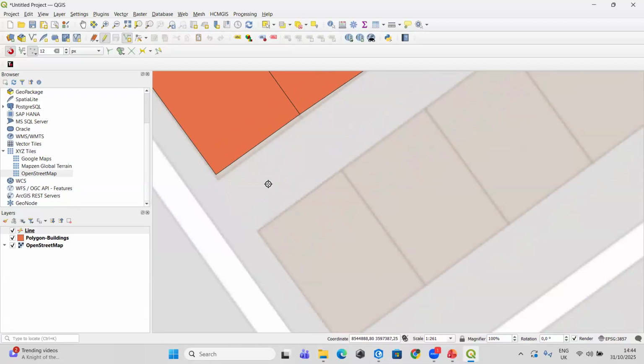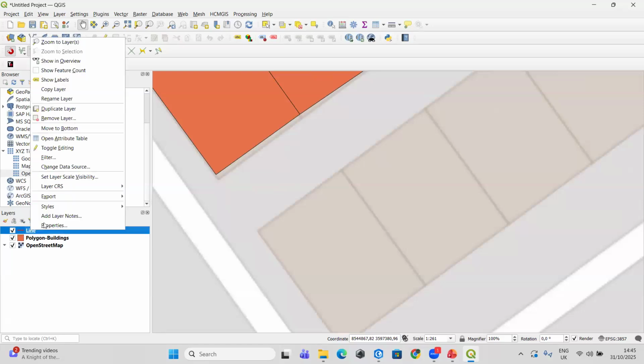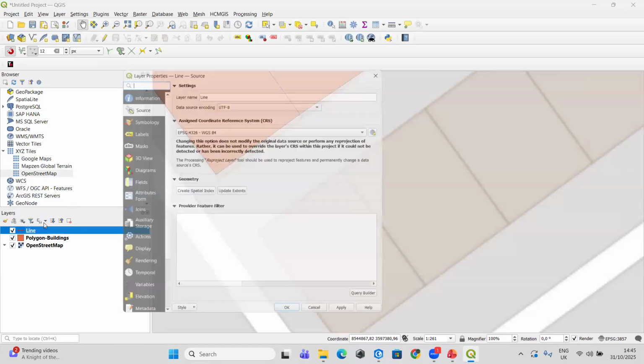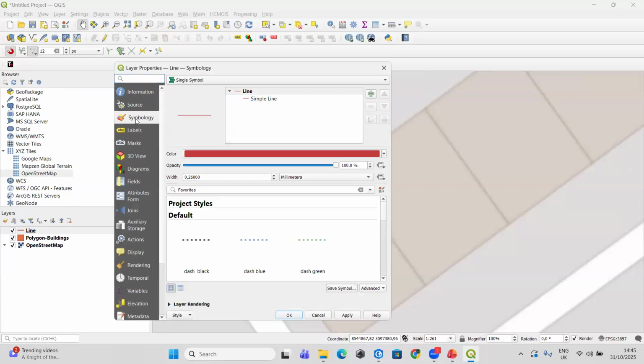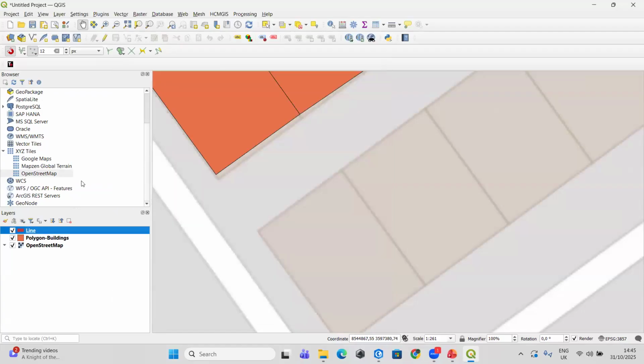My line is not very viewable, so first I'll cancel it. Then I go to line properties, in symbology, and I will choose a good width for it, maybe 2 millimeters. Then I'll press OK. Now, when I start making it,